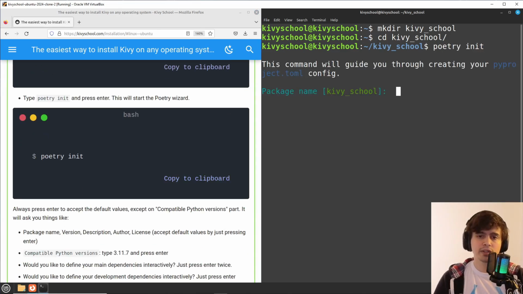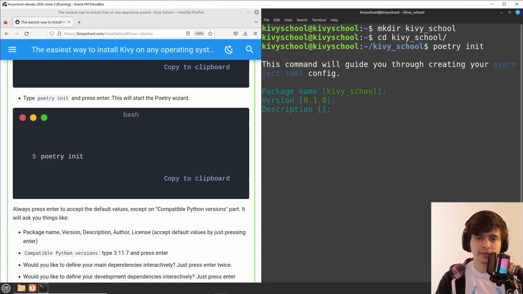When you type poetry init, it's going to ask you a lot of questions, like, what's your package name? Do you see there are green letters here? So this thing is the default value. If you press enter right now, it's going to use the default value. If you type another thing, it's going to use the thing you type. So I'm going to use the default values.